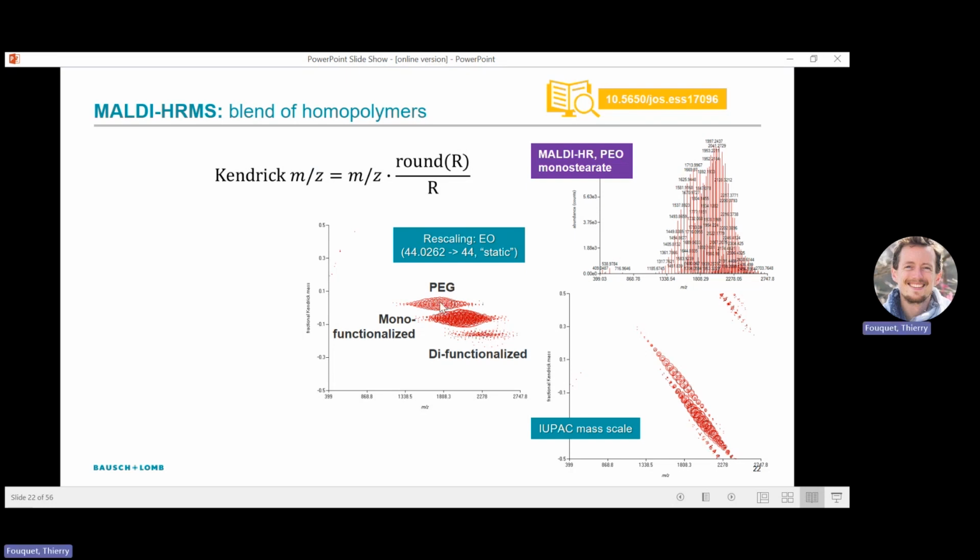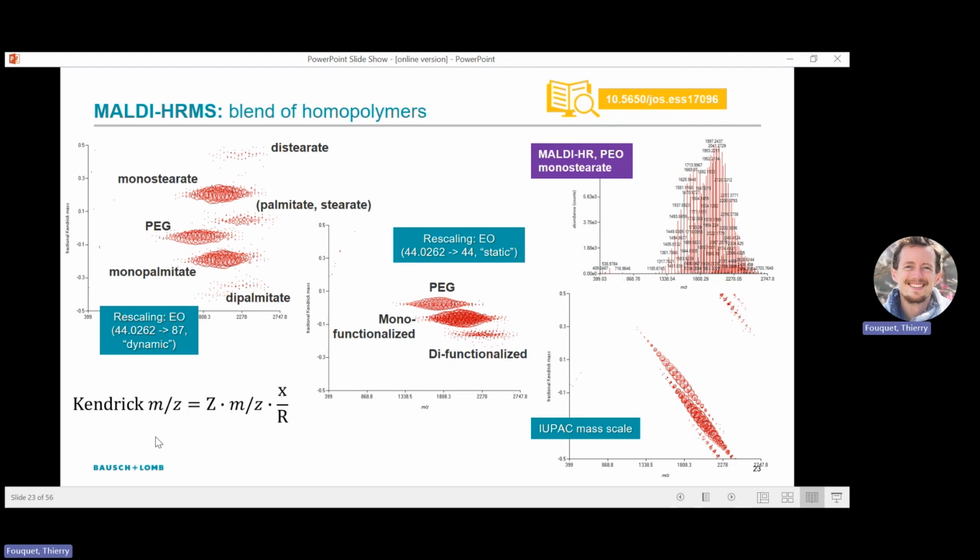And once you assign these series, you know that one is just a HOH PEO, like a PEG. Another one has one fatty acid at the end. The other one has two fatty acids, one at each end group. So at least that's, let's say, the normal analysis that we used to do in our papers. From this mass spectrum to that plot, you already have a clear gain of information at a glance, okay? But you can go a bit further using this new formula